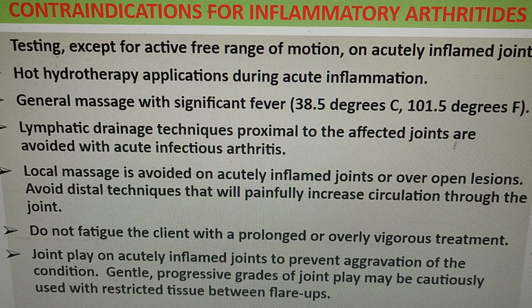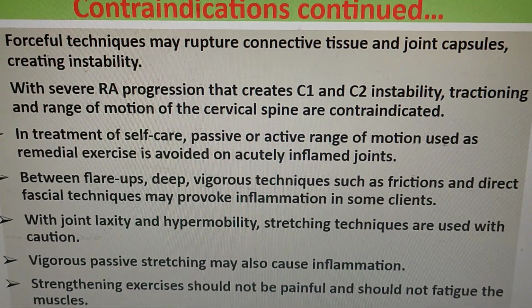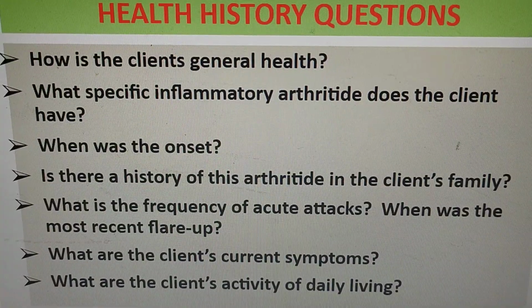Okay, so contraindications for inflammatory arthritis. So there is a list of conditions or diseases that are part of inflammatory arthritis. So these are the contraindications. Just read on this and take a look at this. Again, contraindications are continued. Just take a look at this. Just read this information here. Okay, so these are the health history questions that a practitioner or a doctor can ask